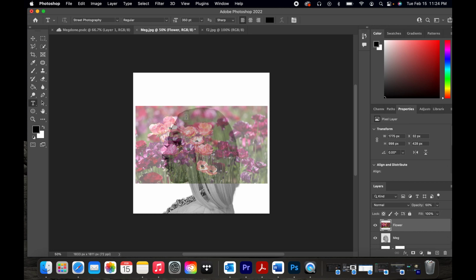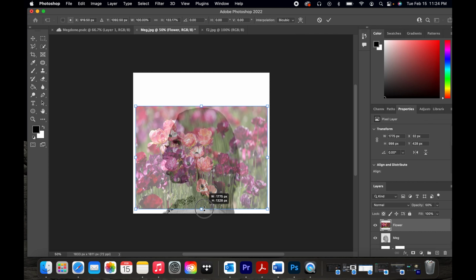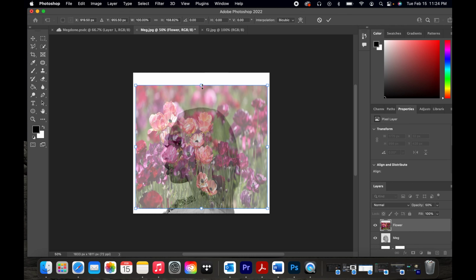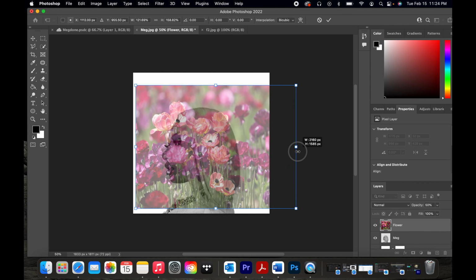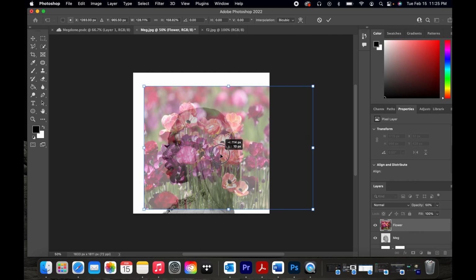Oh, sorry, not the letter T. I'm sorry about that. Hit Control and the letter T. Hit Control T and it'll bring around this box around the flowers, and we want to adjust this to where it fits around Meg's face. So we can move this,